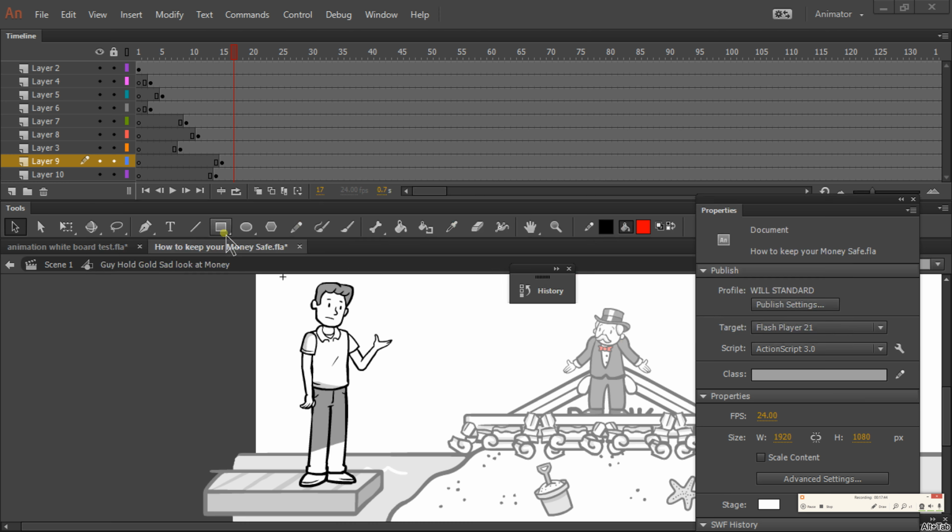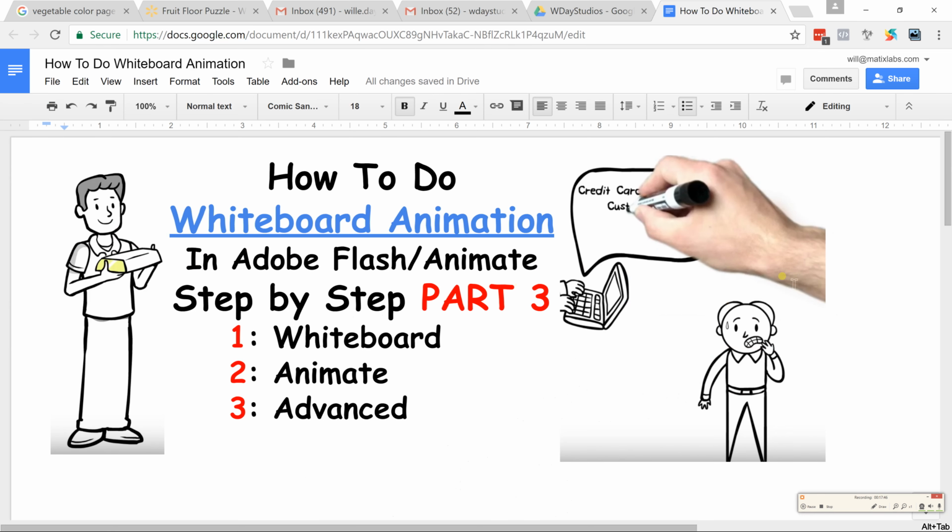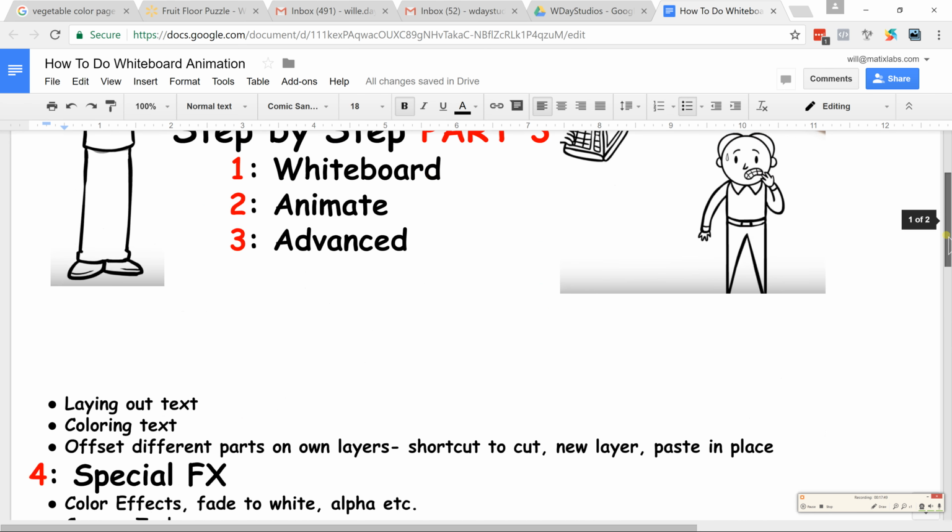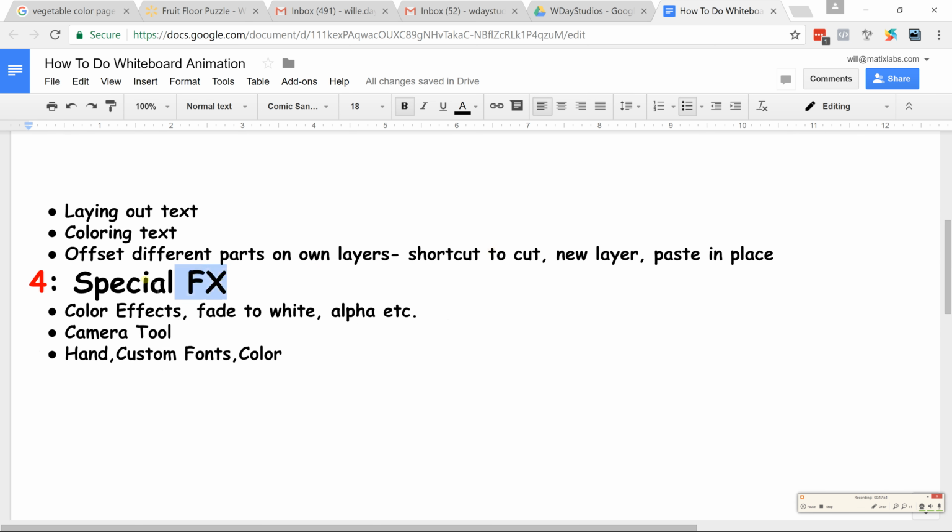All right, what else do I have for you guys? I'm going to make a part 4 that has special effects because I'm realizing there's a lot to go over. So we've gone over laying out text, coloring the text, and I've showed you how to offset the different parts. And on part 4, I'm going to show you how to do color effects, how to fade to white, the camera tool. Oh, awesome! It's a new tool, but it's been highly needed. And I'll probably show you how to add a hand